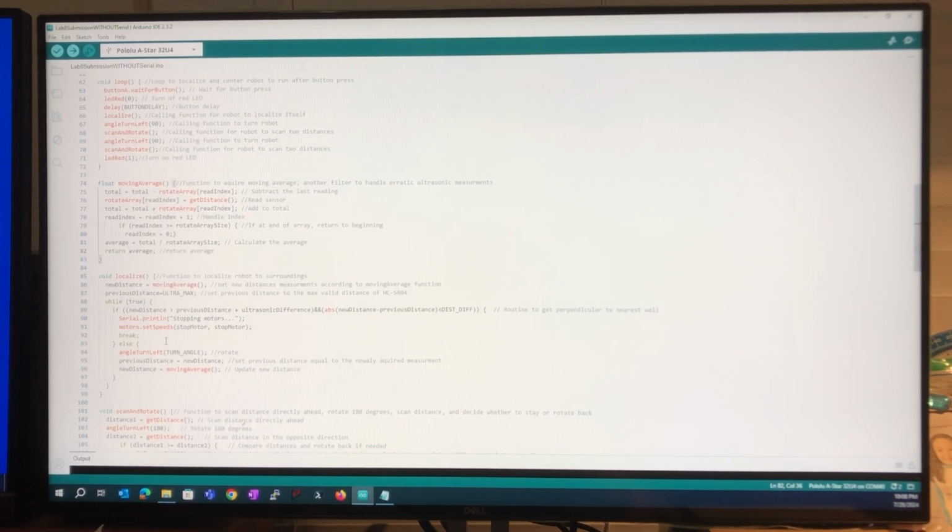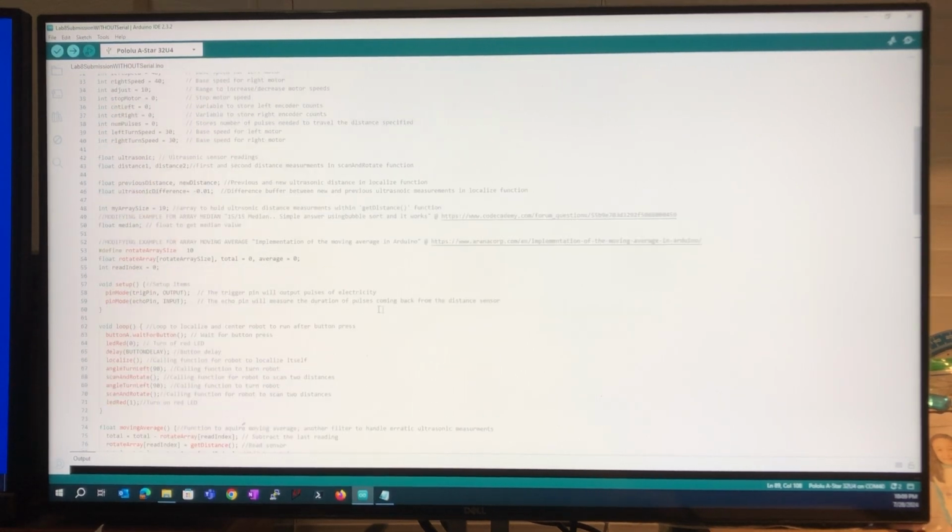It will keep turning until this is satisfied: if the new distance is greater than the previous distance, plus a little buffer I threw in there, I believe it's 0.01 at the moment, and if the absolute value of the new distance minus the previous distance